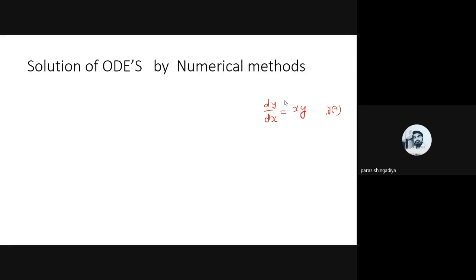Clear? So we have various methods, for example, variable separable method, exact and non-exact method, Bernoulli's equation. We can use these to solve the differential equation. If we apply the variable separable method here, y will be shifted with dy, and x will be shifted with dx, and then apply integration on both sides. Here it will be ln y is equal to x square by 2 plus the constant c. Then put x is equal to 3 here, and we can find y. That is the procedure to solve the differential equation.